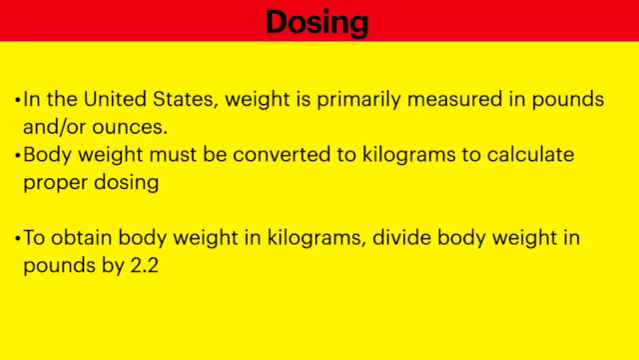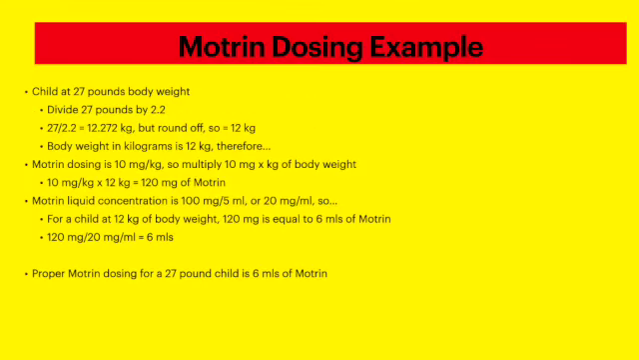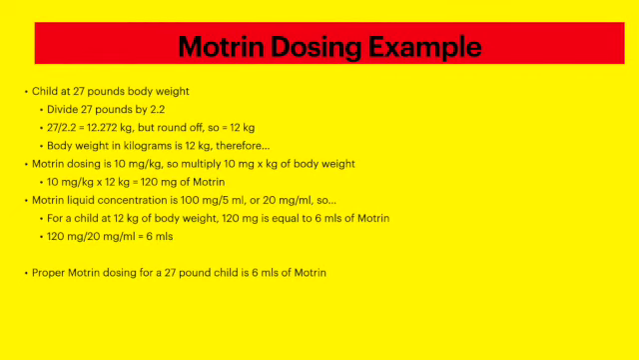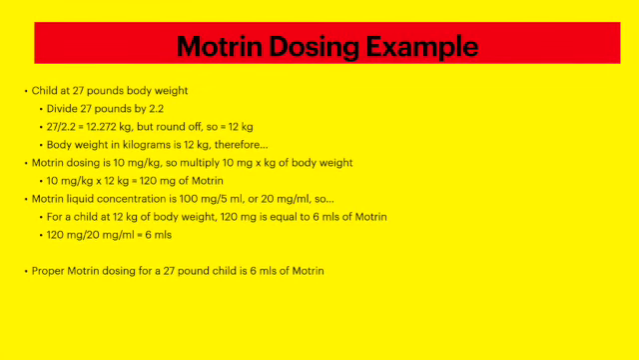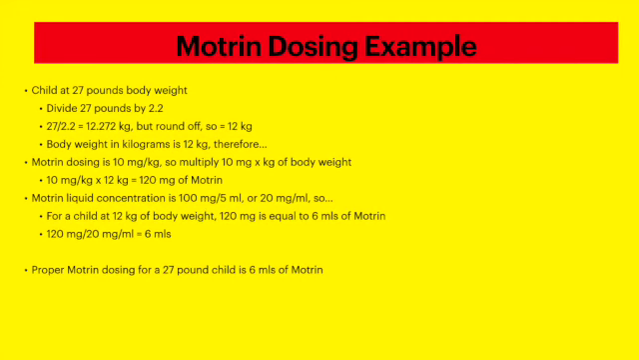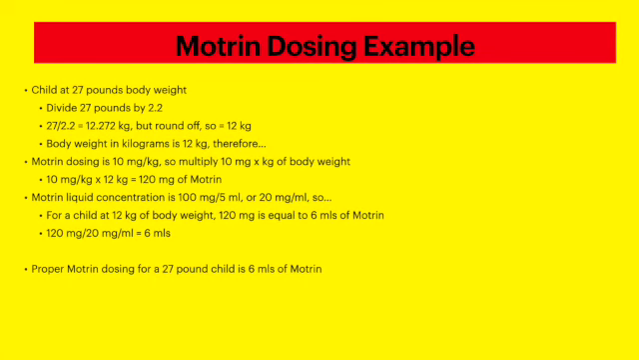Now let's work through a few problems. Let's look at an example of Motrin dosing. Let's say you have a child who weighs 27 pounds. Divide 27 pounds by 2.2, which equals 12.272 kilograms, but round it off so you have an easier number to work with. So the body weight in kilograms is 12 kilograms. Therefore, Motrin dosing is 10 milligrams per kilogram, so multiply 10 milligrams times kilograms of body weight, which equals 120